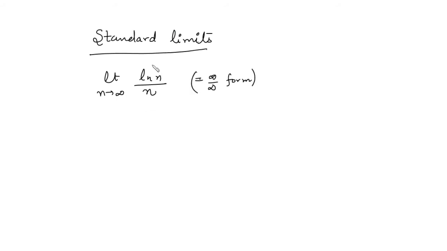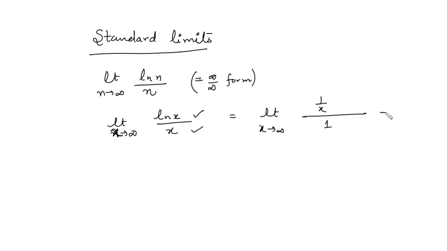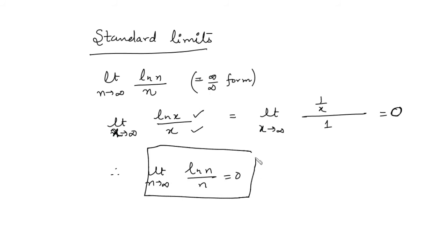Since we know that both these functions are differentiable, we can find out the limit in terms of functions. So first of all, we consider this as ln x upon x, where x is approaching infinity. Since these two functions are differentiable, we can differentiate the numerator as well as the denominator. Now when you put x tending to infinity, you will have this is 0. So the limit as n approaches infinity of ln n by n is 0. So this is convergent and it converges to 0.